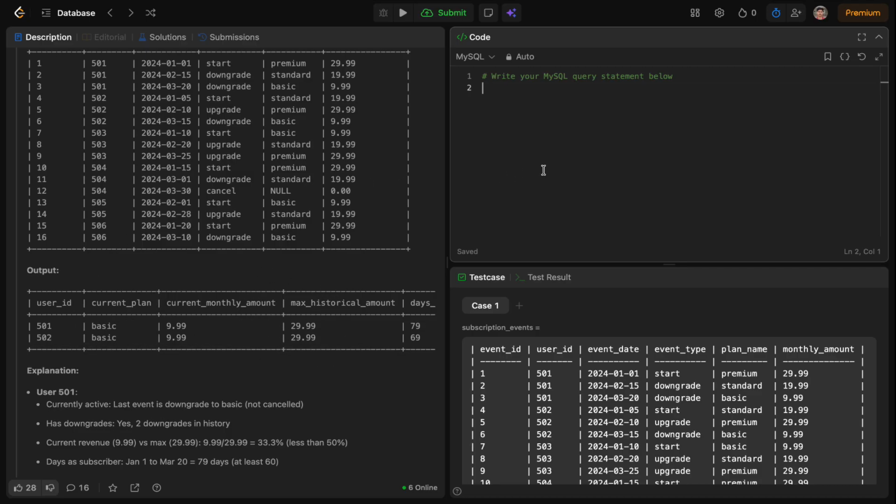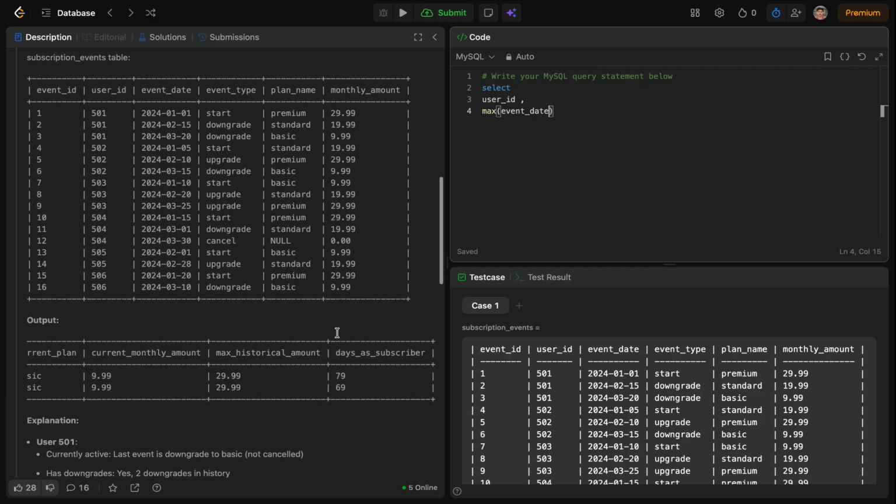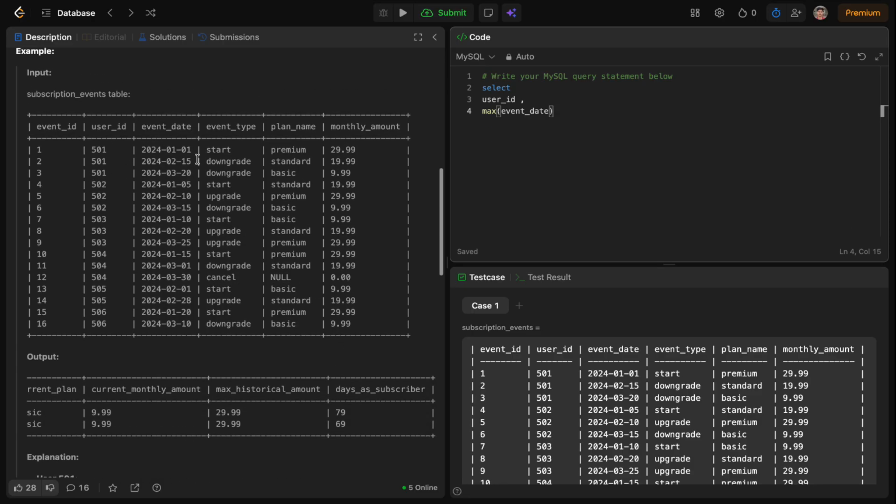What we have to extract first is the user ID, comma, the maximum event date. Why the maximum event date? Because we have to extract the days as subscriber, so we have to find the maximum date. If you see here, the maximum is 320 for user ID 501, and the minimum date is 101. The difference between these two dates is the days as subscriber. So the maximum event date as max date,